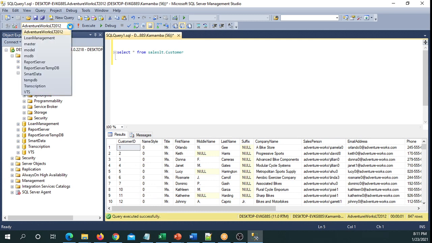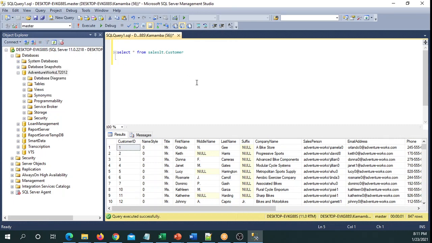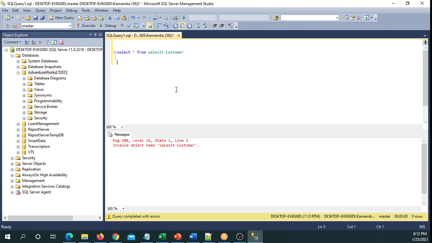So if I click on the drop down, you will see all the databases available. Most of the times when SQL Server Management Studio connects, it's connected to the master database. So if we execute this command right now, we're gonna get an error which states invalid